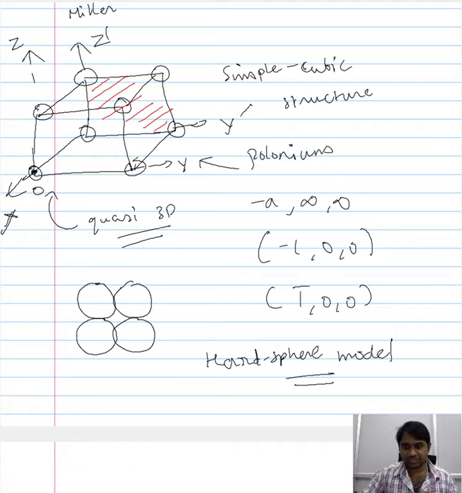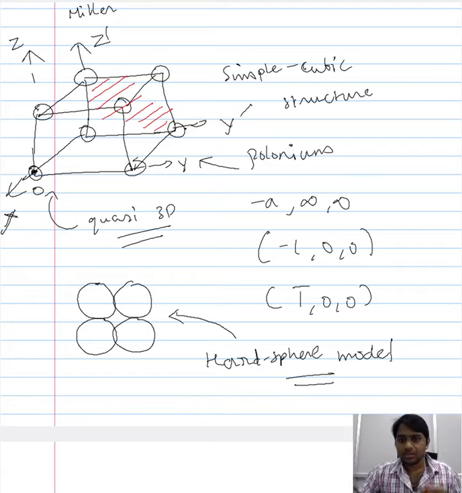Even though they touch each other, we don't represent that in the unit cell, because when you plot the unit cell along with the atoms in it, it becomes quite difficult for us to assess the dimensions of the unit cell and also the angular dimensions of the unit cell. So when you take the hard sphere model as it is and allow the atoms to touch within the unit cell, understanding the unit cell becomes extremely difficult, and therefore we make the compromise and avoid touching of atoms in the unit cell. However, we are moving away from the unit cell to a new representation, and therefore we adopt the hard sphere model as it is and allow the touching of atoms.